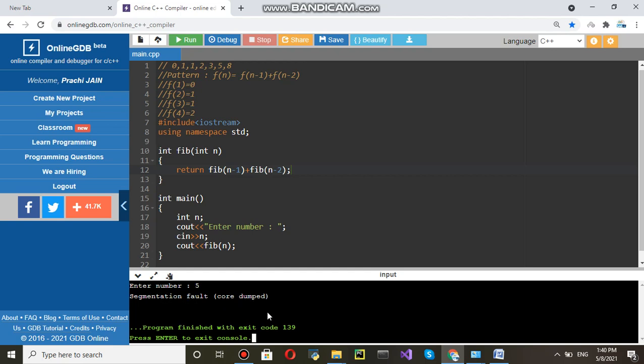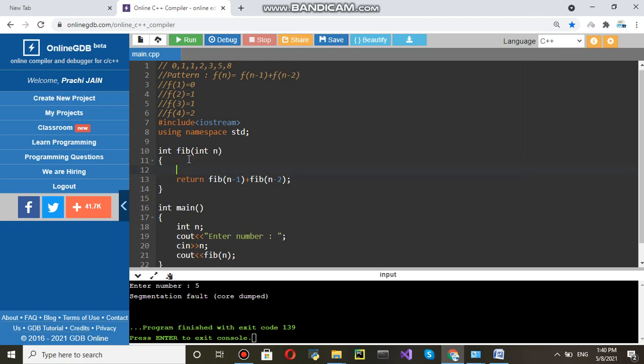This is why, because if you enter any number, say 5, so 5 minus 2 is 3, then 3 minus 2 is 1, 1 minus 2, it means it will go to fib of negative numbers. So there is no ending, that's why the segmentation fault is coming. So you have to stop that fault. What to do?